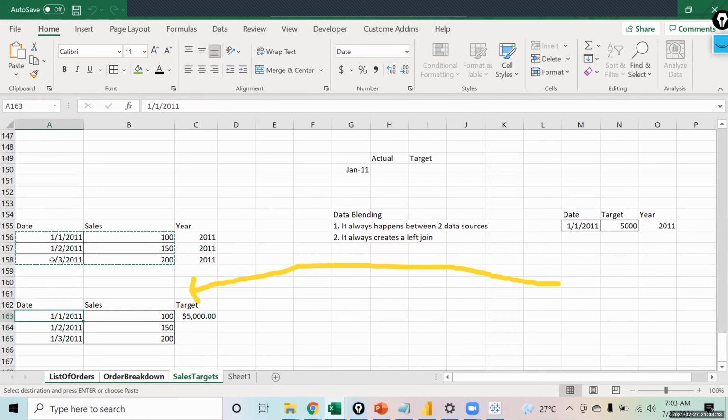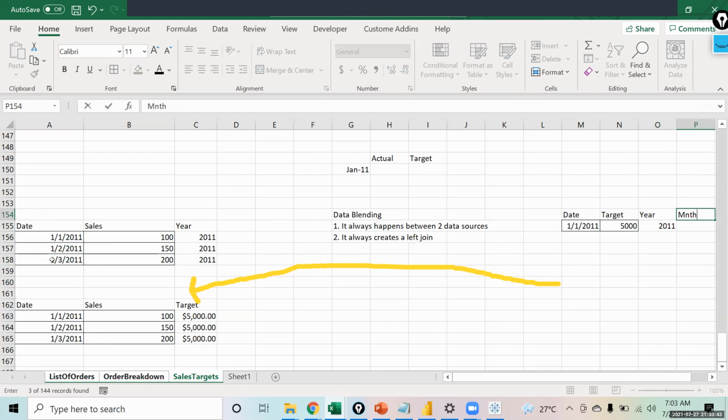Now target will come 3 times. So if you sum it up, your actual will be correct, but your target will become 15,000, which is again wrong. So if you're joining the dataset, it is creating problems for you. That is why, first of all, we are grouping this data, to get a final number for that year and month.